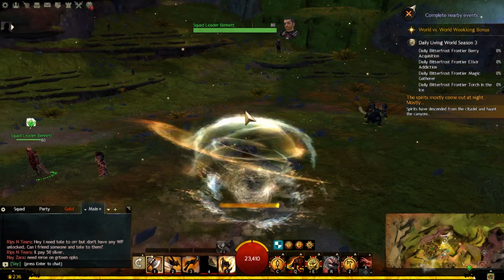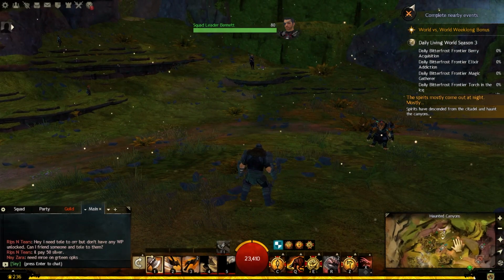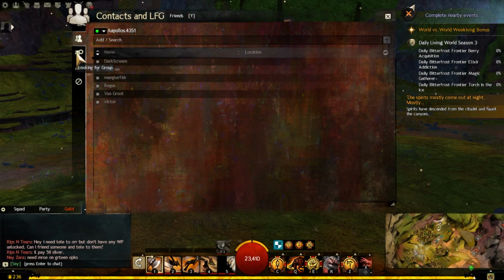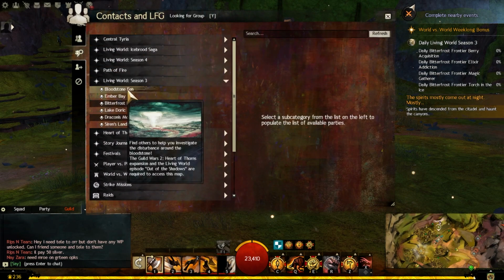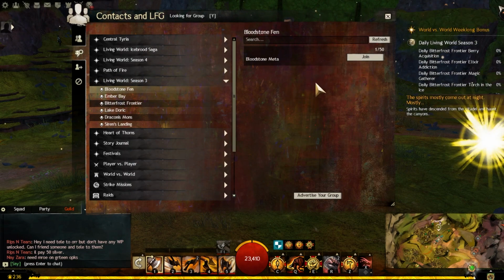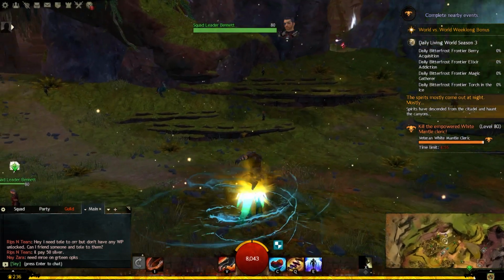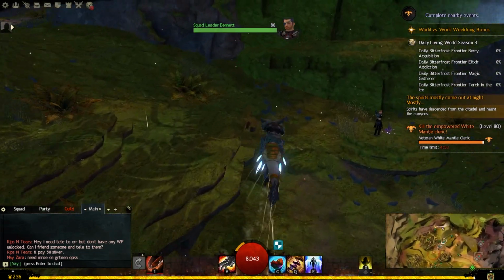But this zone truly is a great place because, as you can see here, there's a lot of gathering to be done. There's metas going on. Let's take a look at looking for group again. And let's see. No, there's no one there right now. But Guild Wars 2 does such a great job at keeping old maps still fresh, where people actually want to do things in them. Now, Bloodstone Fen is truly a great place to just grind out stuff